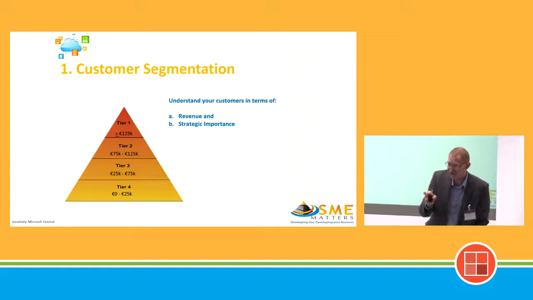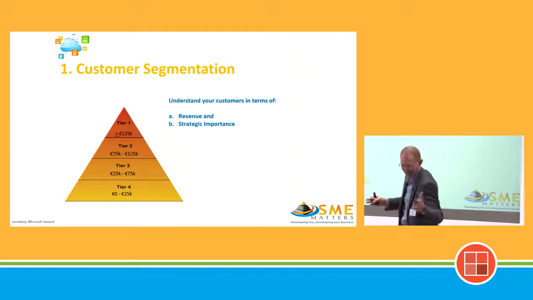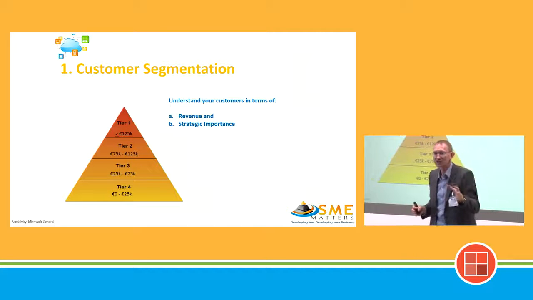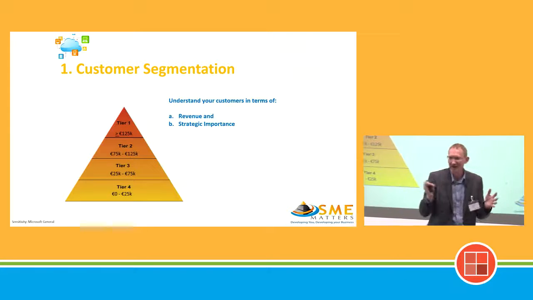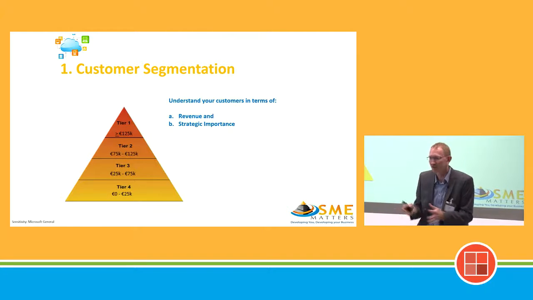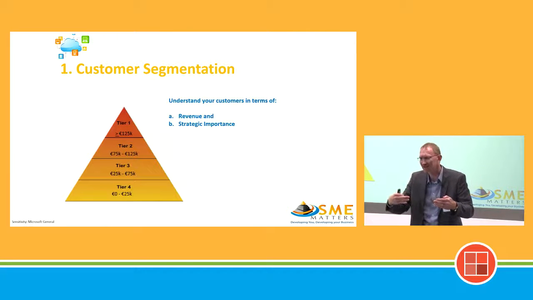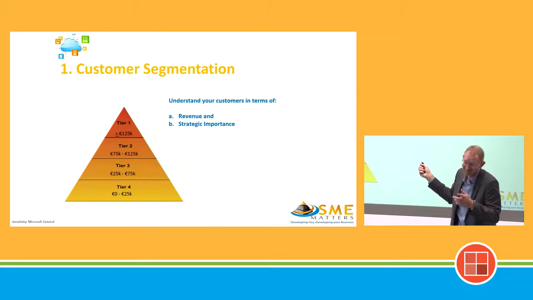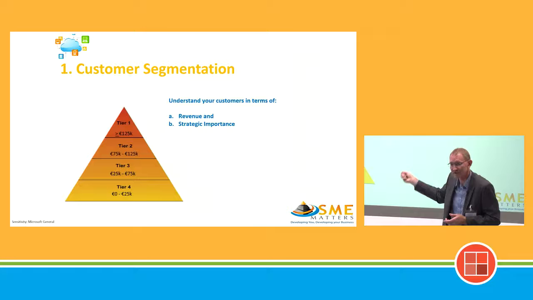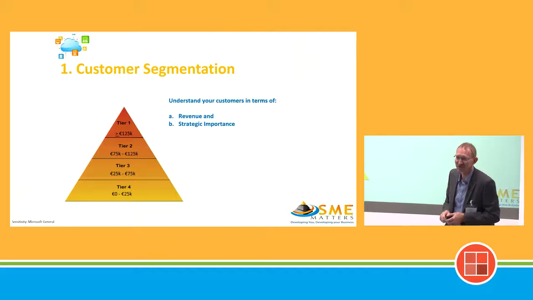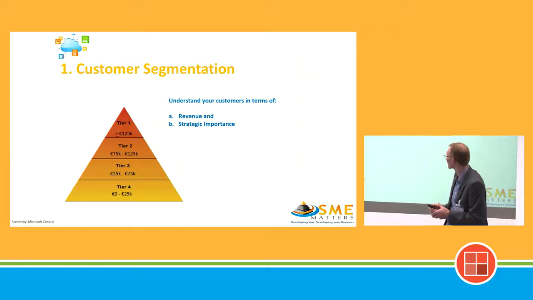Now, that's a really good question, because if you're in the technical area, you might see, and Andy mentioned this morning, that the services are much more lucrative than the actual hardware sale. You might be selling a big hardware block and make a 10% profit margin on it. But then you might sell services that are 70% on it. So these are quite lucrative. But you need a hardware sale to actually make the services sale afterwards. So they actually work symbiotically. So not to make it complicated, but you might actually have 2 of those. One for hardware sales, one for services sales. I wouldn't be beyond doing that for an organization. But usually I try and stick to one pyramid that we're all familiar with.